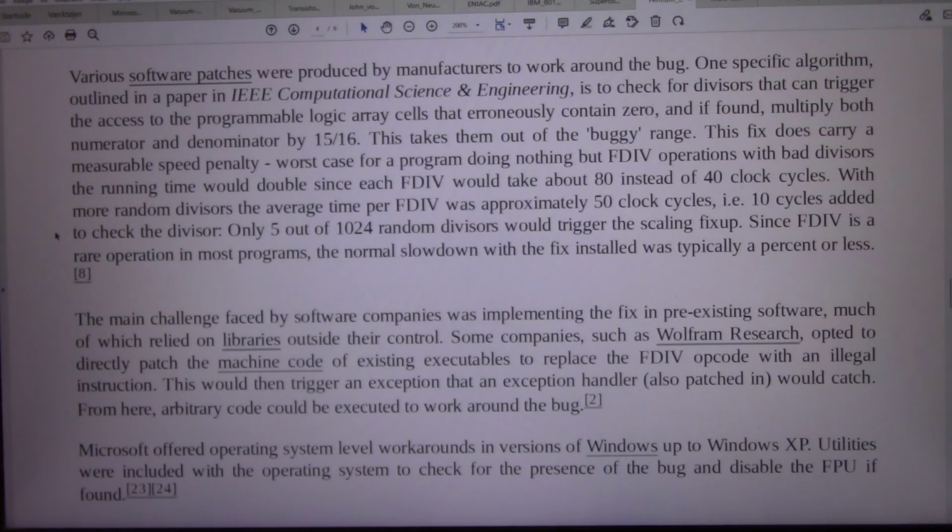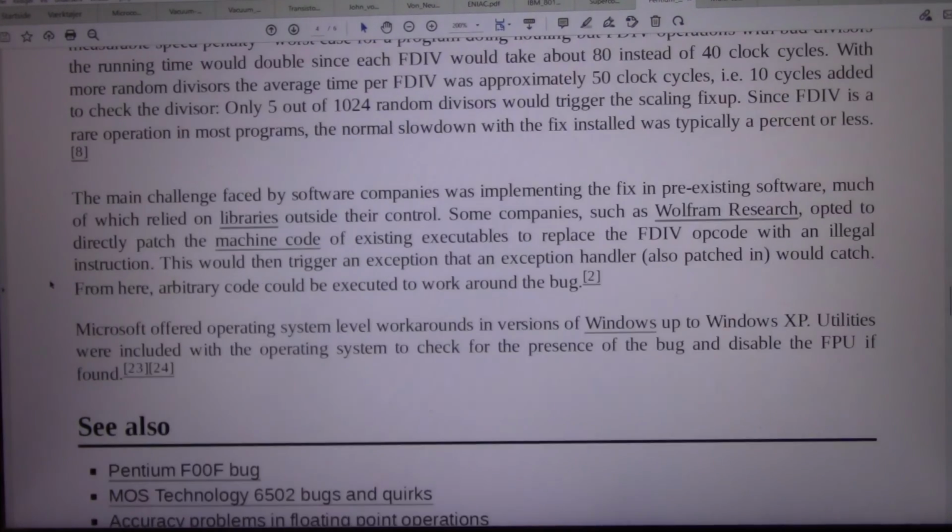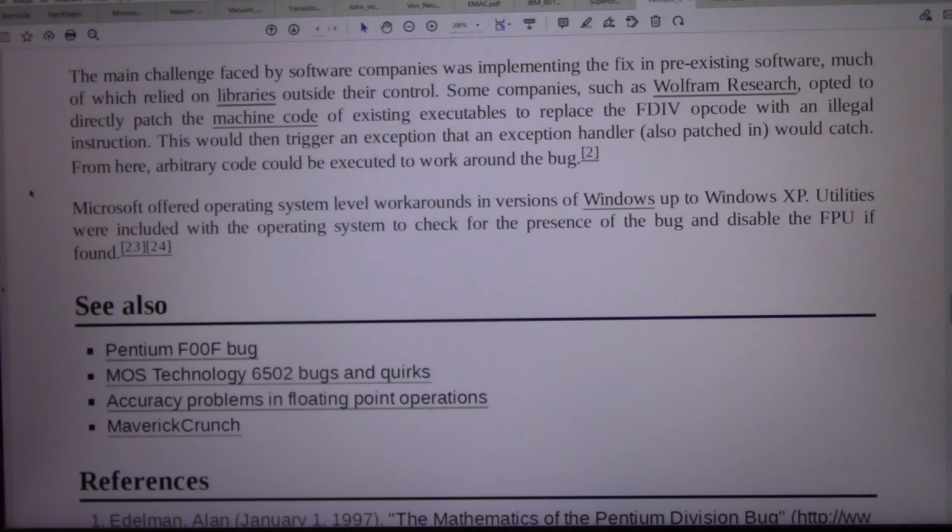Only 5 out of 1024 random divisors would trigger the scaling fix-up. Since FDIV is a rare operation in most programs, the normal slowdown with the fix installed was typically 1% or less. The main challenge faced by software companies was implementing the fix in pre-existing software, much of which relied